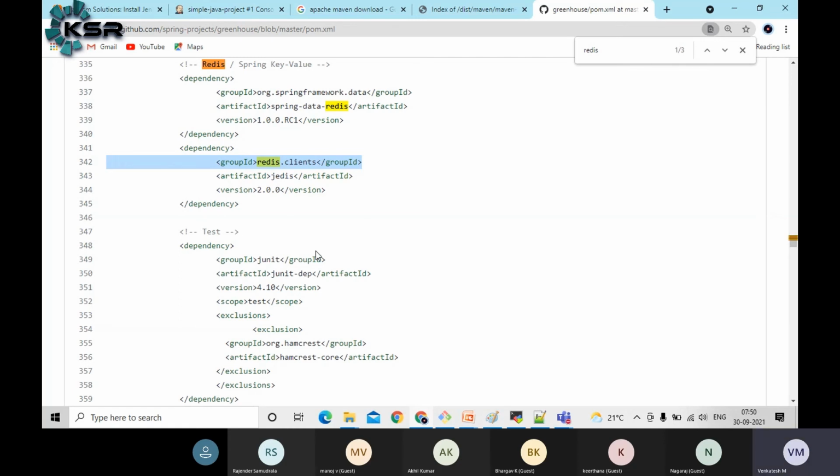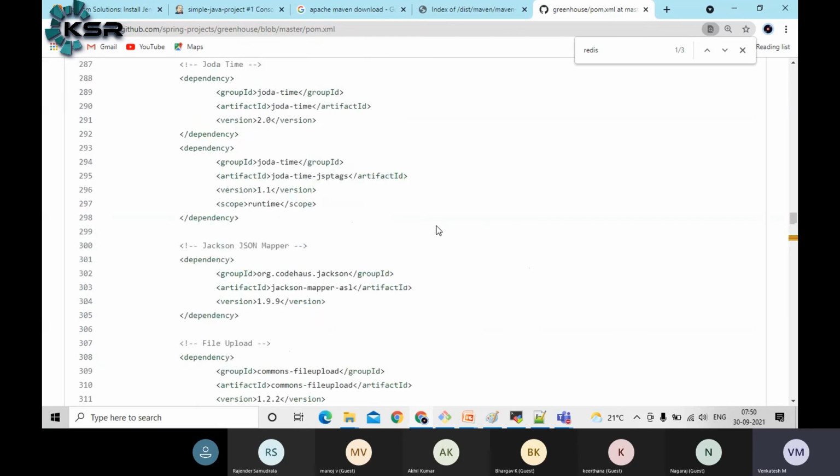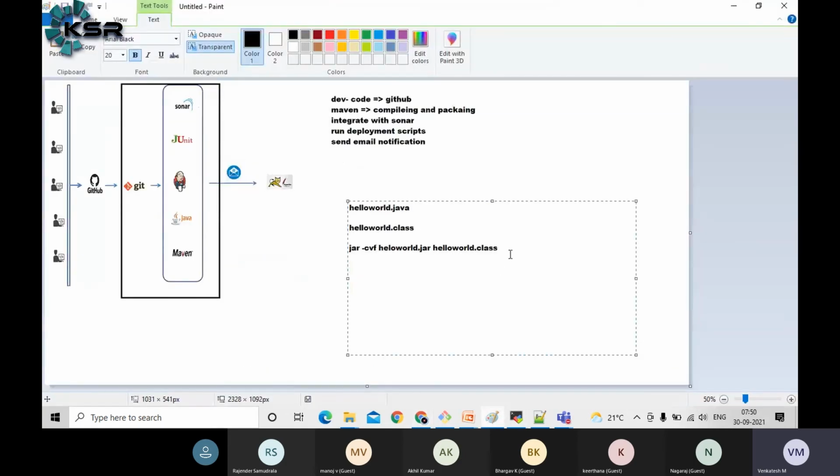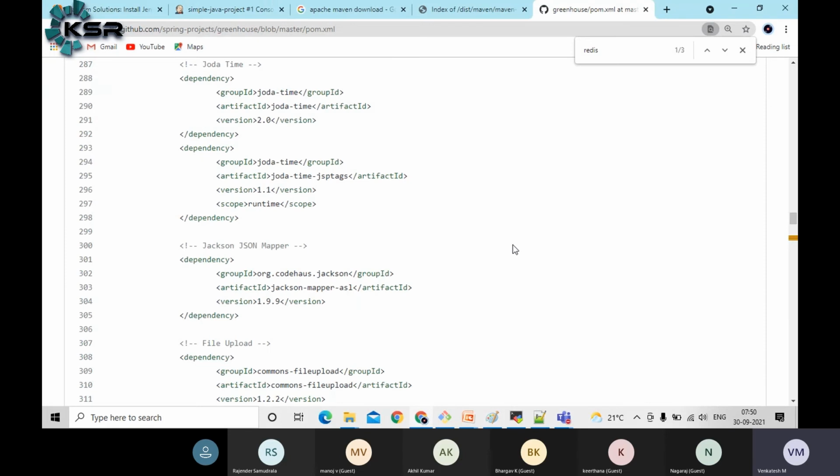We can't do these things manually. That's why we have Maven. As I mentioned earlier, Maven is a build automation tool. Whatever steps I have told you, we're not going to do manually. We can do it, but it will take a lot of time. To avoid this, we have Maven. I will cover more details in the Maven session. As of now, let's try to be comfortable with Jenkins, because in the basic DevOps tool stack, Jenkins is the major one. We'll spend more time on Jenkins.